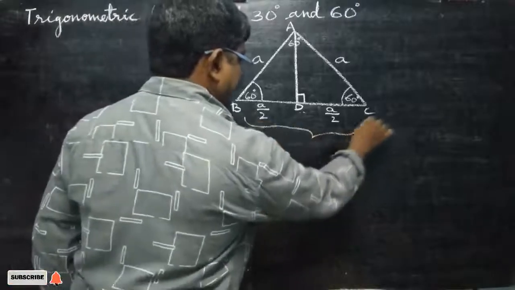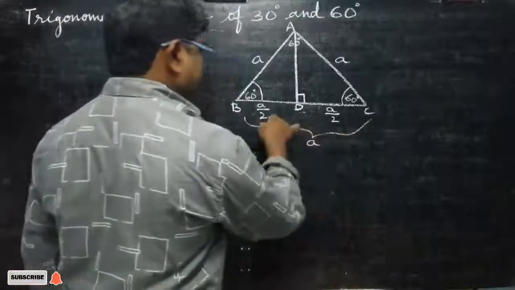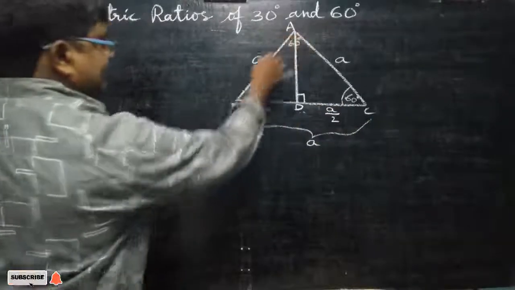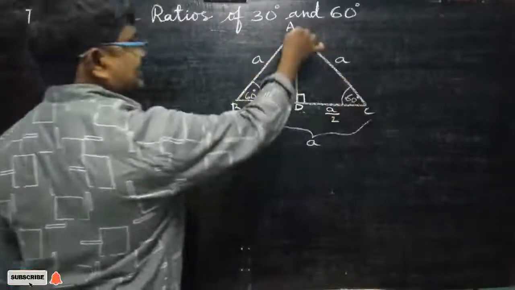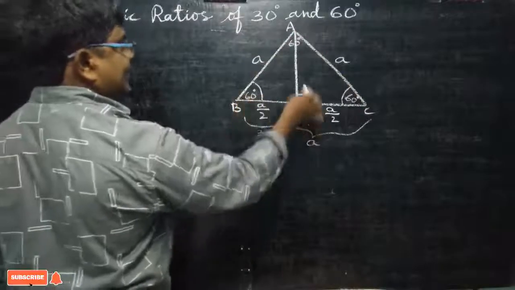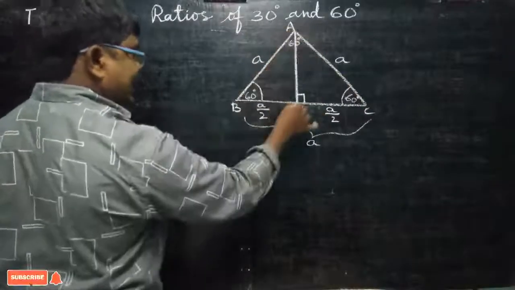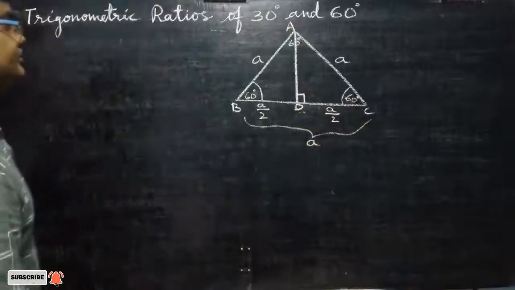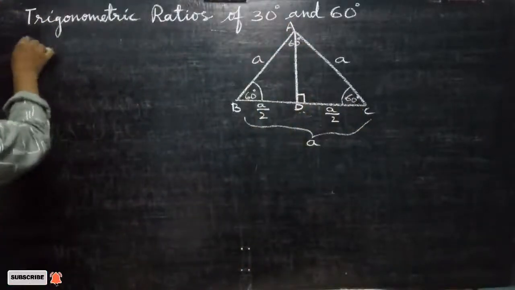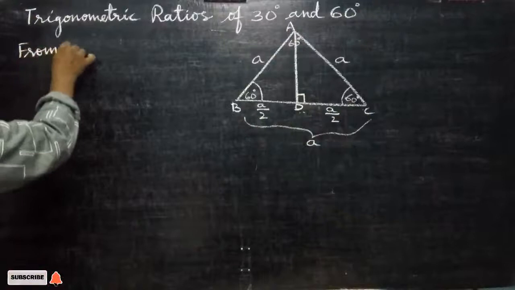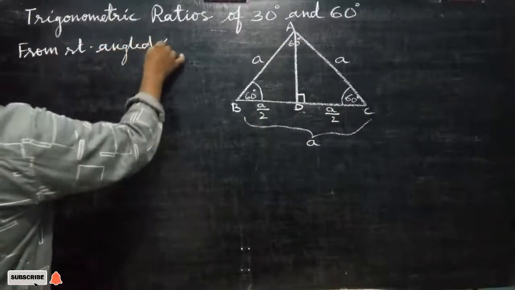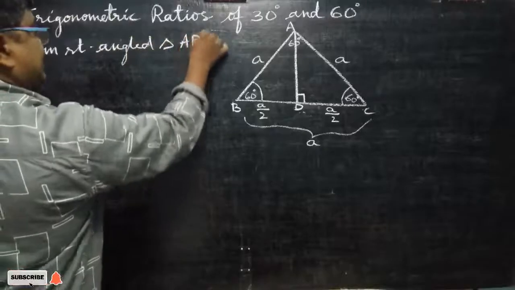Complete BC is A. Now, it became A by 2, A by 2. Now, the given equilateral triangle is made into two right angle triangles. One is ADB, another one is ADC. Any one you take. So, from right angled triangle ADB,